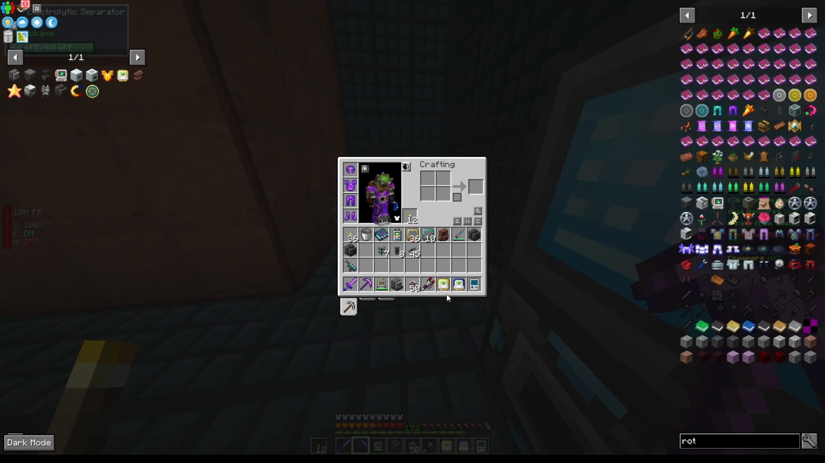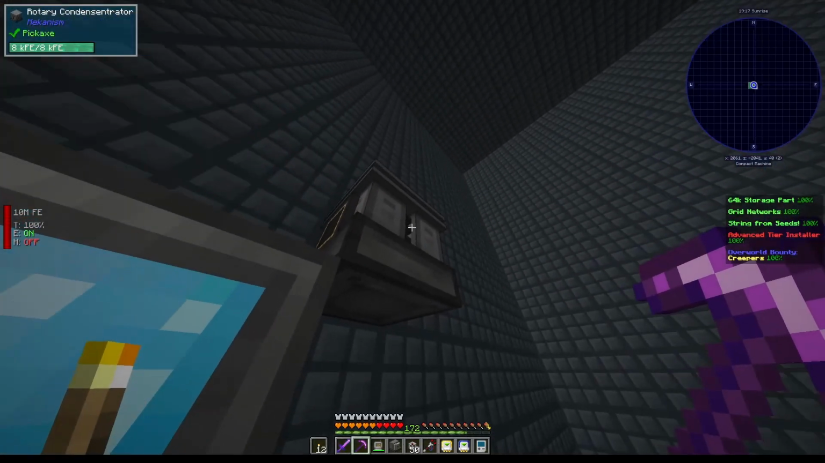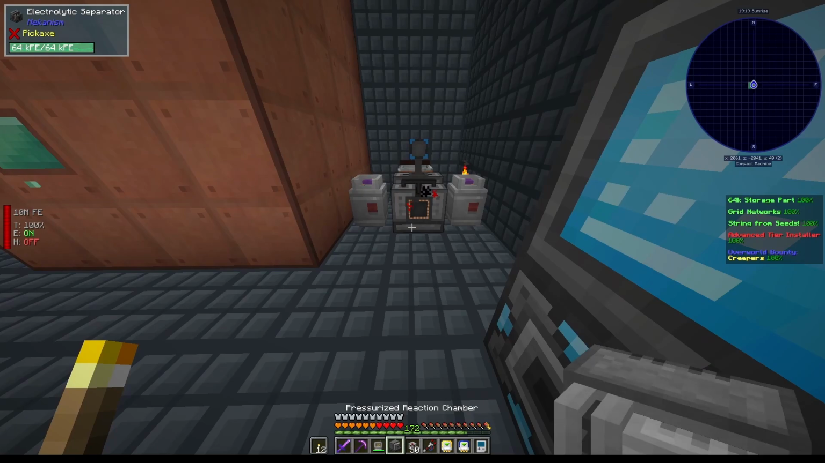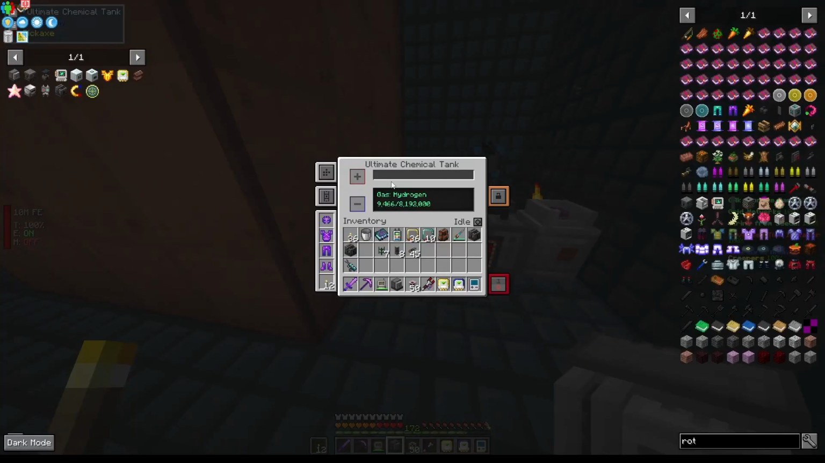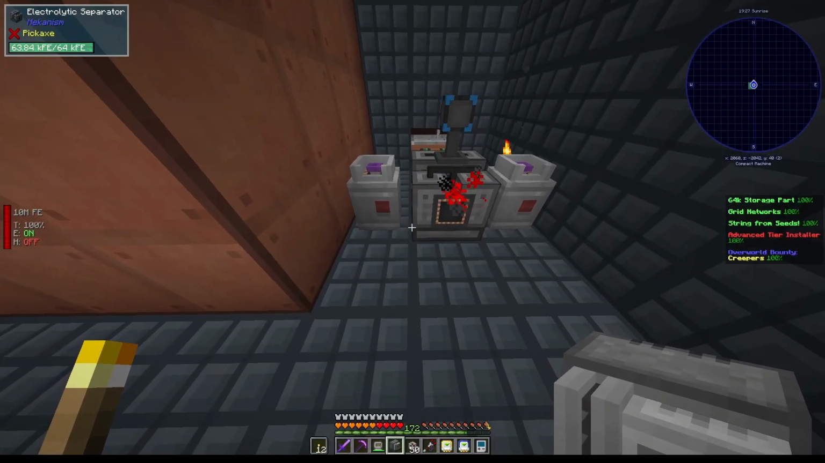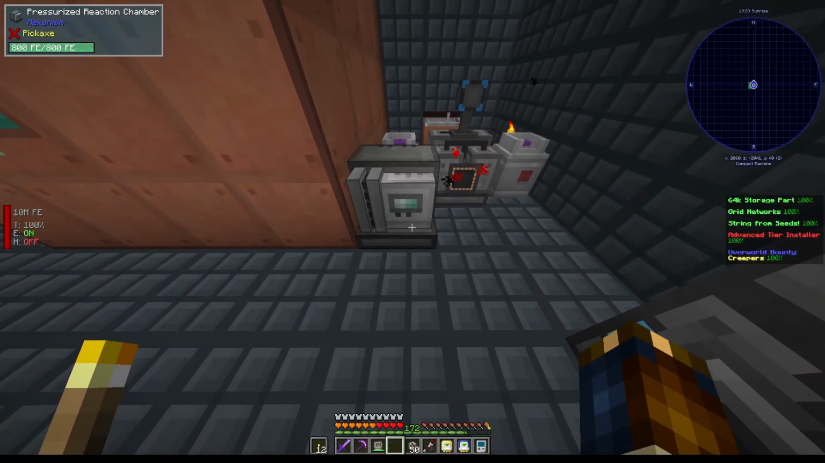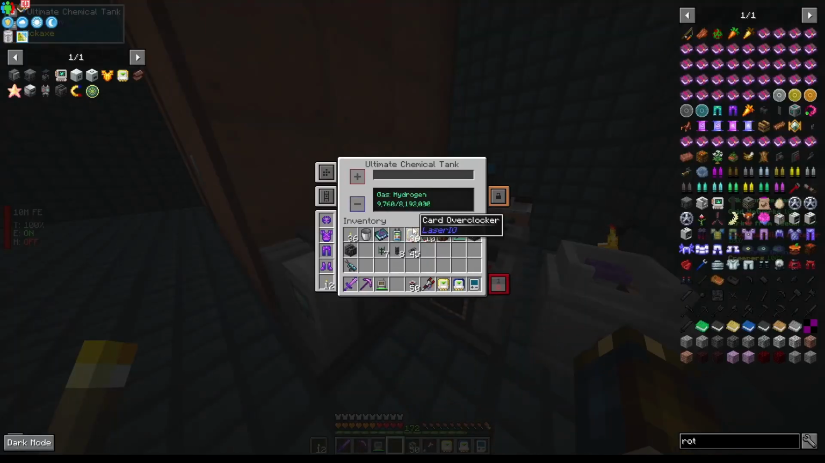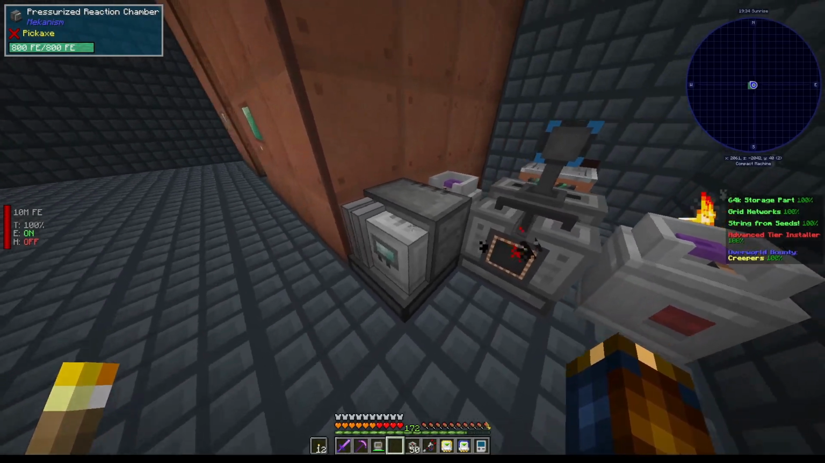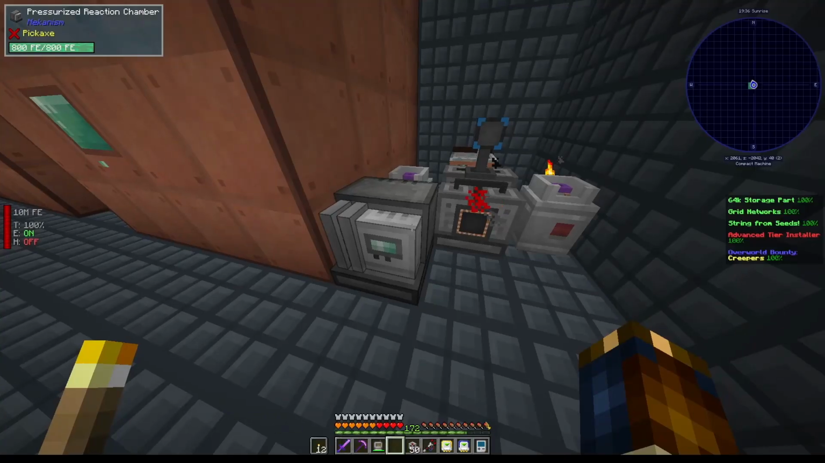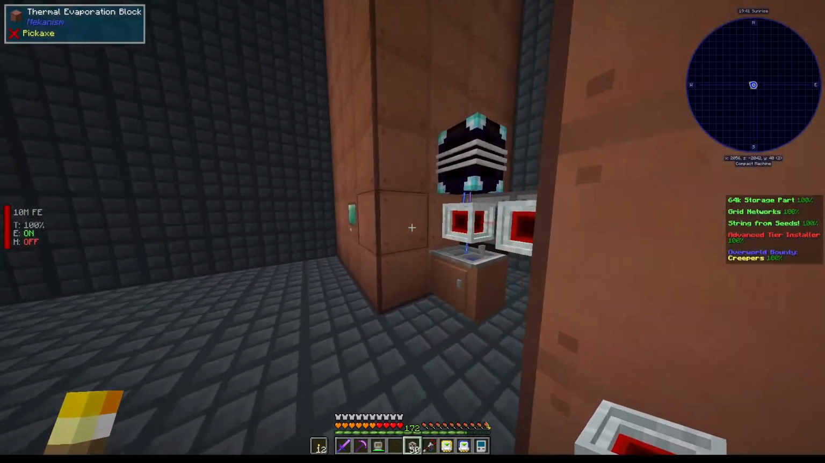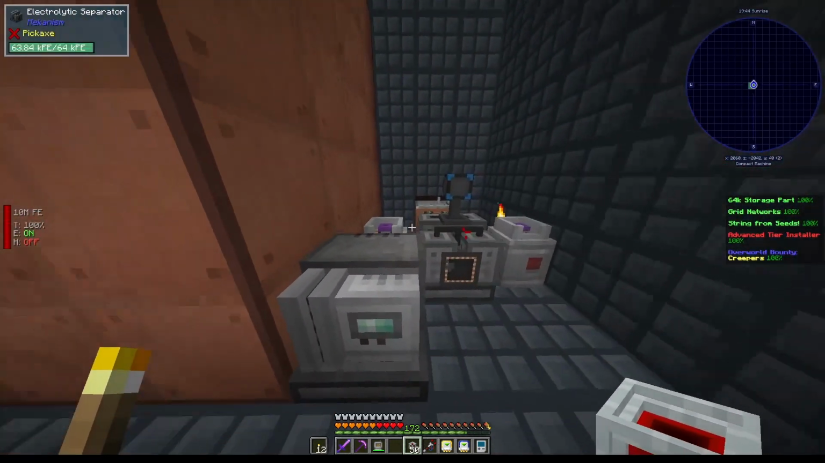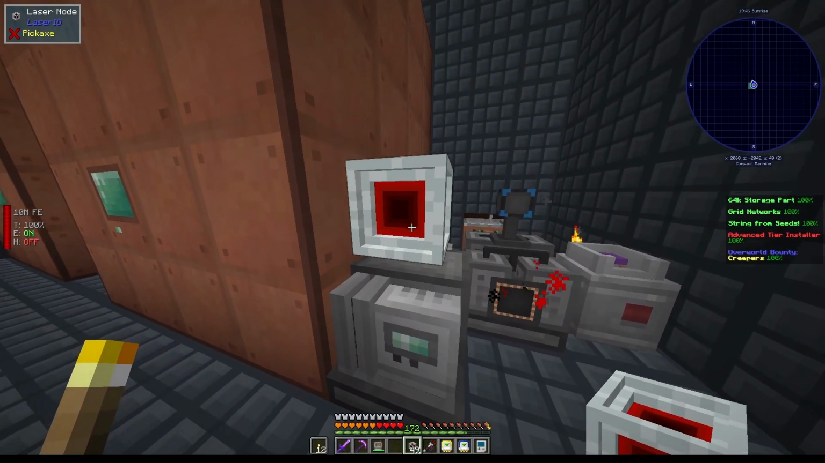Okay, everybody. So we went ahead and made ourselves our pressurized reaction chamber, and I just threw it up here, rotary condenser. Since this is running and outputting automatically to our hydrogen over here, we're just going to stick it here. This, I believe, will auto output straight into our chamber here, and it does. And then I figured since we have water here already from this, I thought we'd just use Laser IO